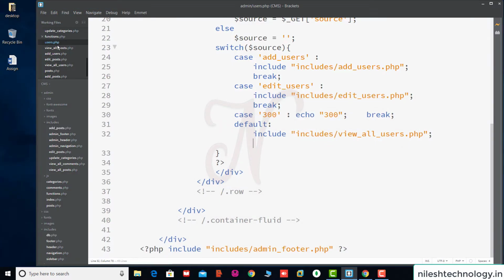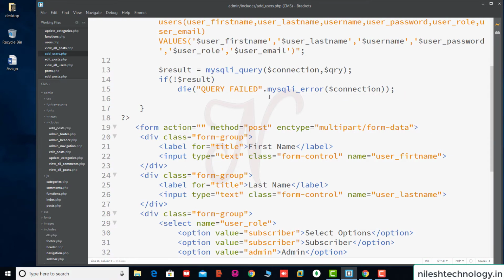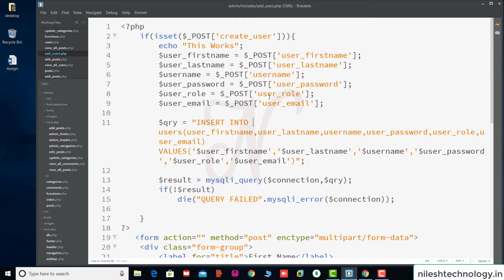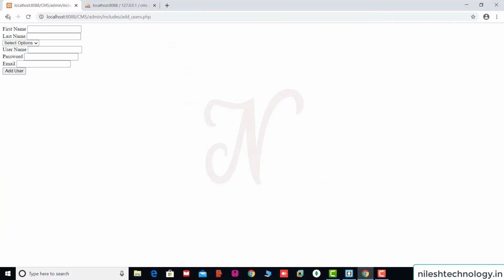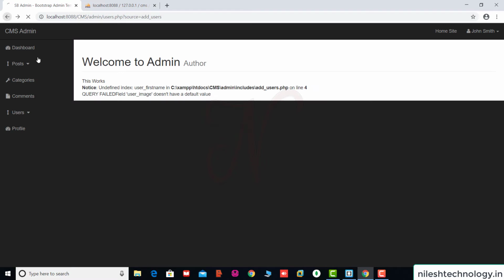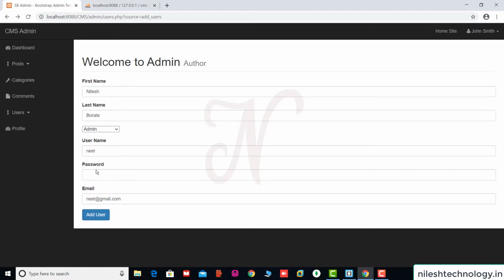So here we go into this query. Here we pass empty text for user_image, some empty string. Save these changes, and again refresh this code. Password is 1234.